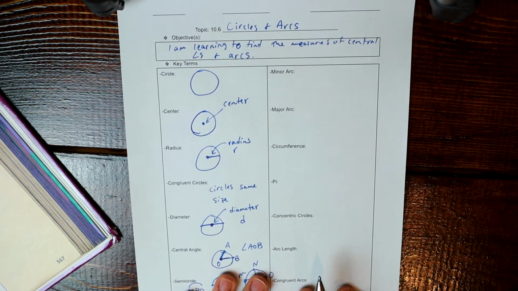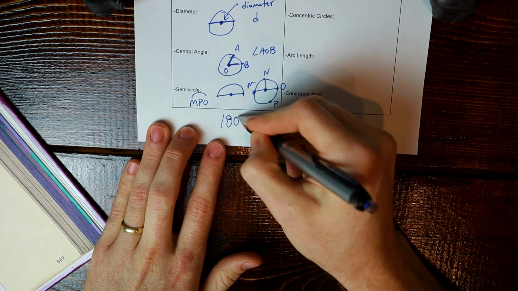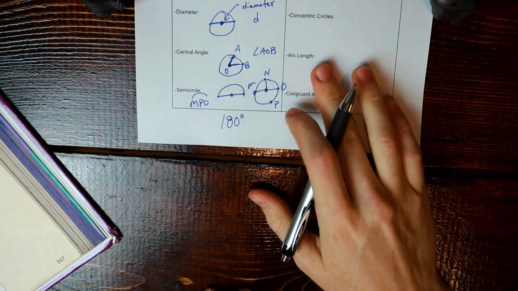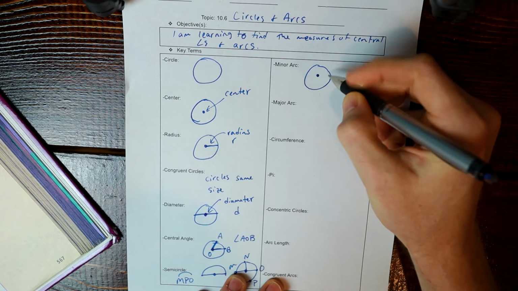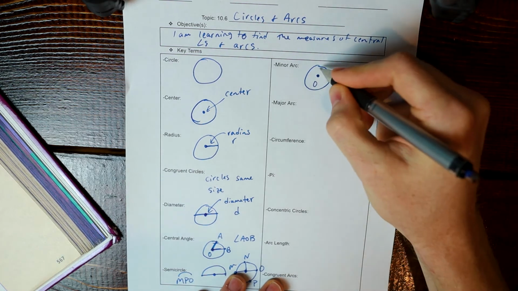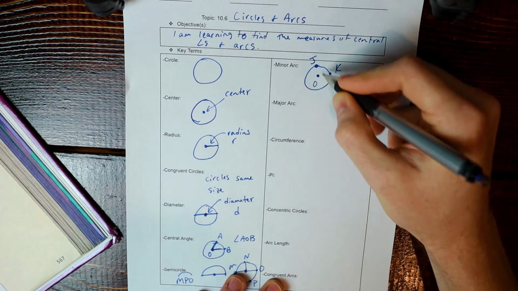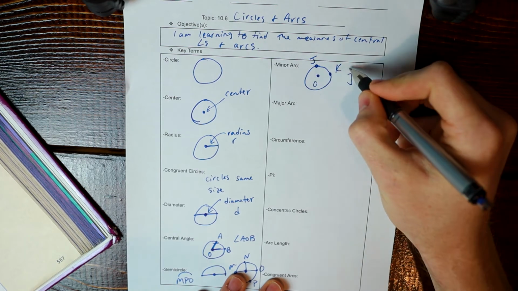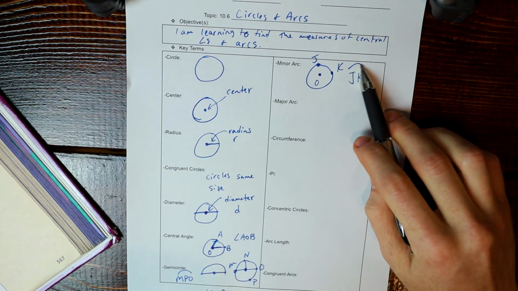A minor arc is smaller than 180 degrees. So by the way, I'll mention this here. A semicircle is half a circle. A whole circle is 360, so half would obviously be 180. A minor arc is smaller than 180. So let's say, for instance, we had circle O here, right? And then we had J and K. Notice they're smaller than a semicircle, smaller than 180, so it would be a minor arc JK with the arc